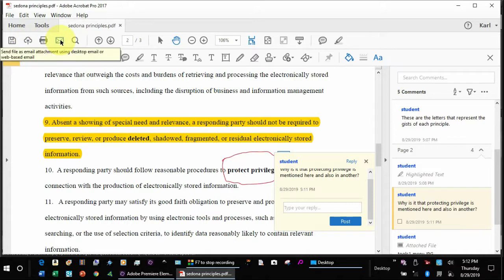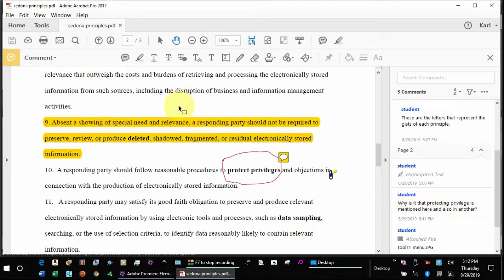There are all sorts of other annotations and comments that can be added with these tools up here. This one allows you to add a stamp to that part of the document. This one here allows you to do a free form drawing on the document. So I pick that, and I can call attention to that part of the document by making an outline around it, and then I could go back and attach my comment to that particular